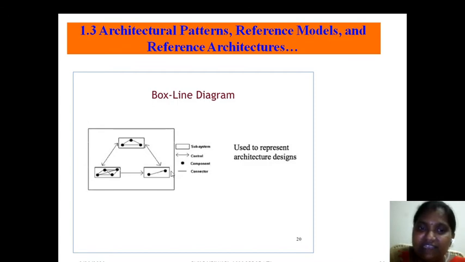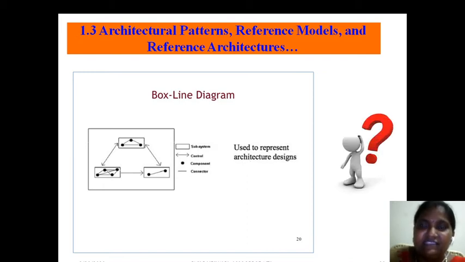For what are these lines and boxes and points used? These are used to represent architecture designs. Okay. So I hope you understood why I gave this. With this diagram, what you understood is, I hope you now understood. So I gave a question mark. My question is, is it one architecture? No. These are the needed things in your architecture. Right, ma'am?